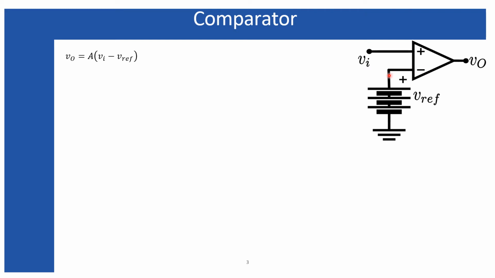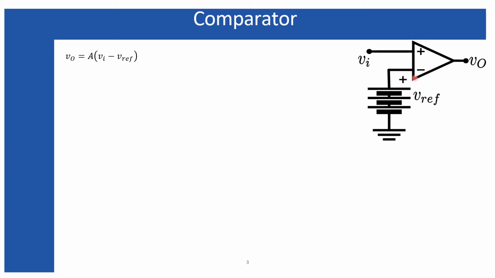This one represents a very basic circuit diagram for a comparator using the operational amplifier, where the input voltage is applied to its non-inverting terminal and a reference voltage with which the input voltage will be compared is connected with its inverting terminal. However, these configurations can also be altered. That means V reference can be connected to the non-inverting terminal, and the input voltage can be connected with the inverting terminal.